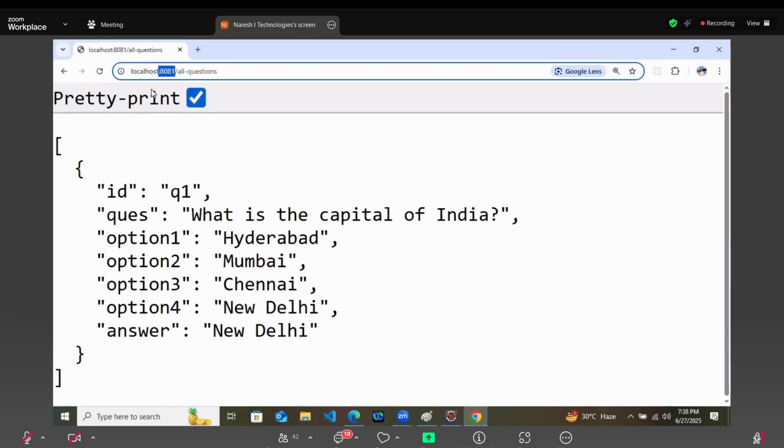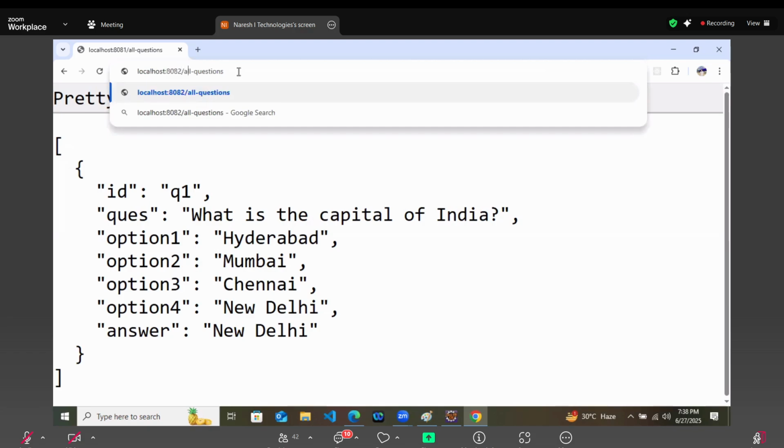But this 8081 means the first Spring app, that is the question service. So I am getting these questions from the first app, but the second application, that is running on 8082, should use this service.